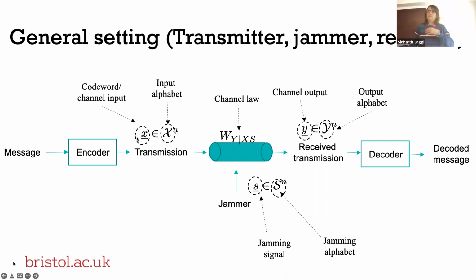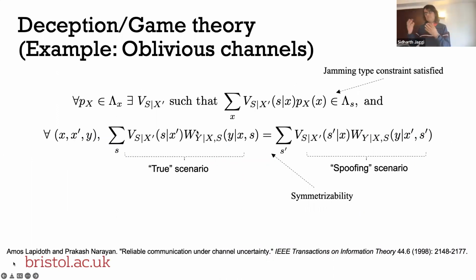So in general, you can transmit some code word over some arbitrary alphabet. There's an arbitrary channel law, which combines the actually transmitted code word and the actually jammed sequence to some other output sequence. So, take my word for it, this is a very general setting. This can capture a whole bunch of different communication scenarios. So in this case, it turns out you can write a very simple set of linear equations which capture a so-called